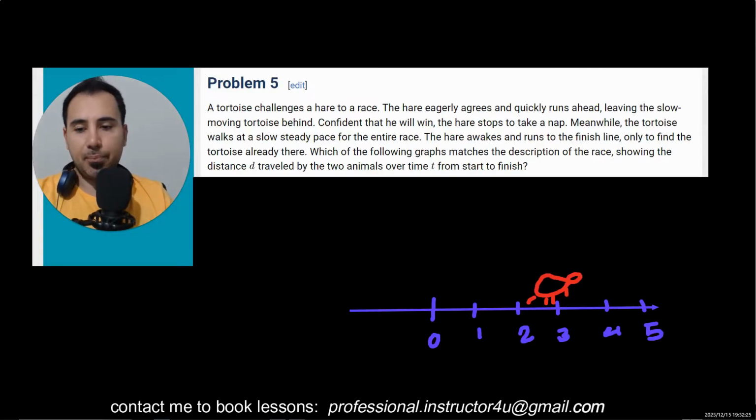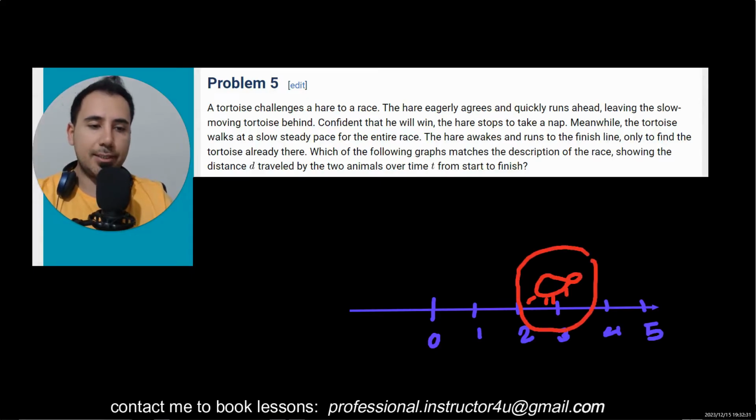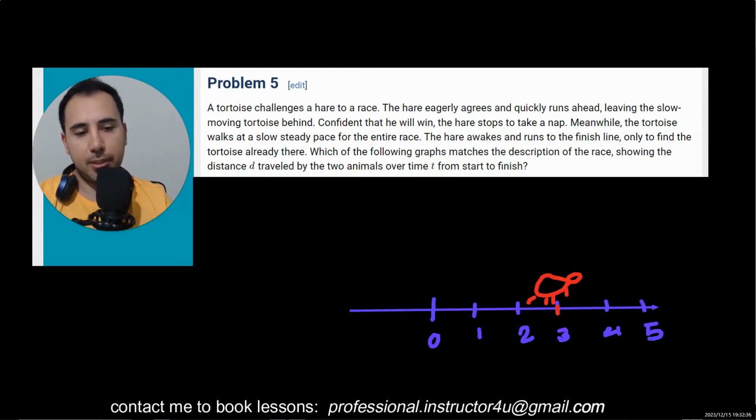Now, if you don't understand problem 5, I know why. Just listen to me. Imagine we have a tortoise, okay? The tortoise is not moving. It's just sleeping at position 3 for 1 hour. Can you draw its graph? Now if I draw this graph over here,